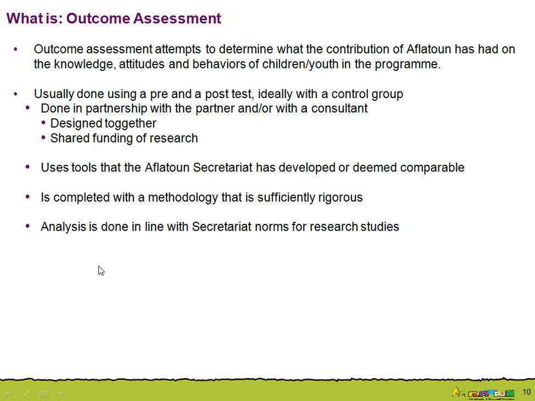Outcome assessment attempts to determine what contribution Aflatoun has had on the knowledge, attitudes, and behaviors of the children or the youth in the program. So is this new innovation effective? Now, this is not always going to be done with the most rigorous and the largest studies because of resource constraints, but it will always be done with a sufficiently rigorous process.